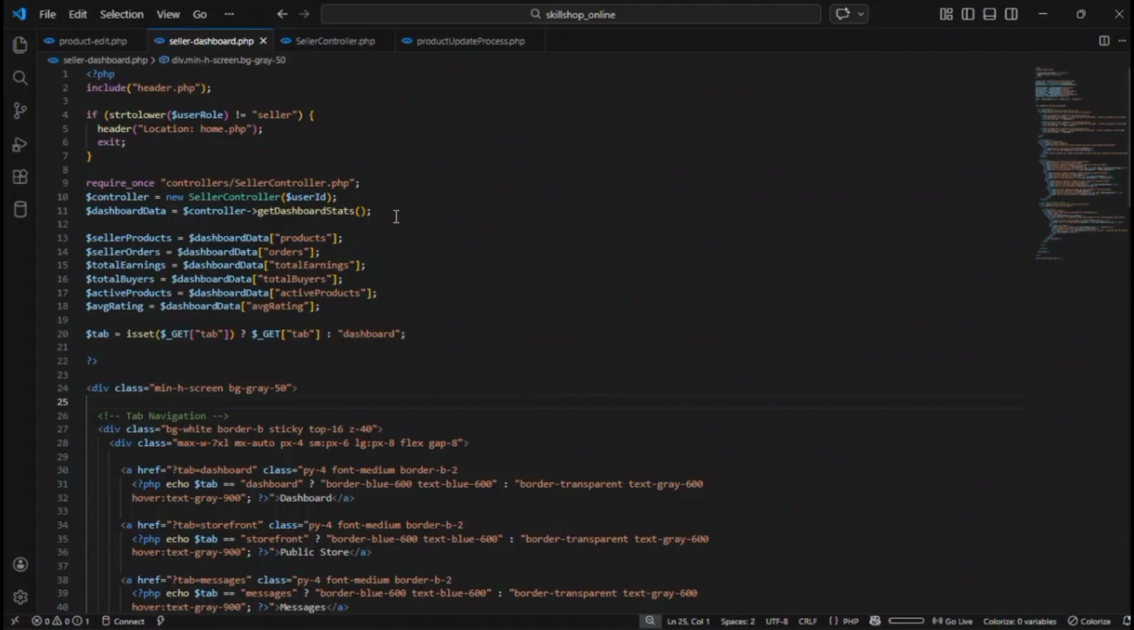So in this we have the variable controller which is assigned to new seller controller, the user ID. So this means that the user ID comes from the session, then it is passed into the controller. Now the controller knows which seller is logged in, and then after that we will fetch the dashboard data,